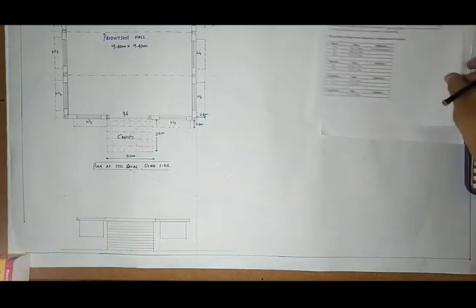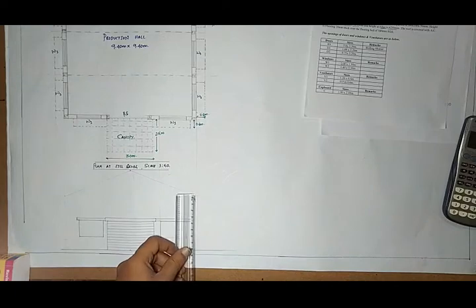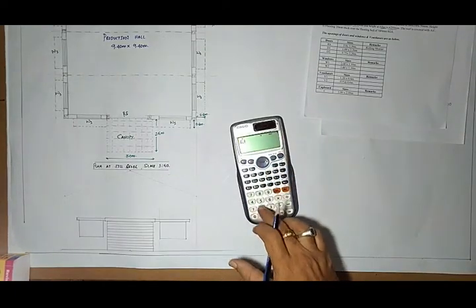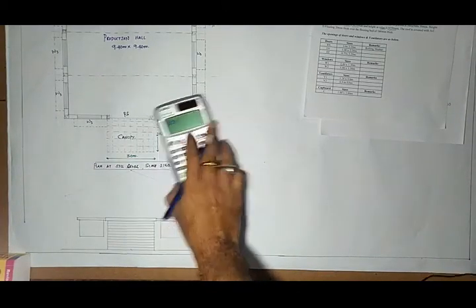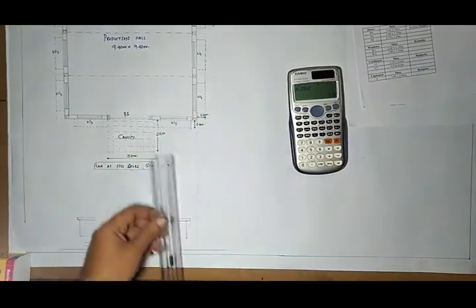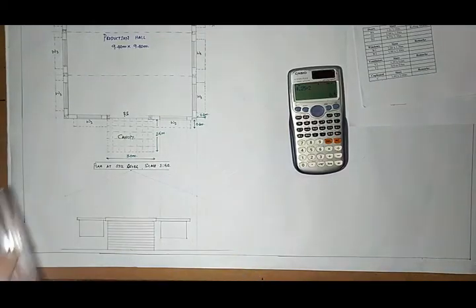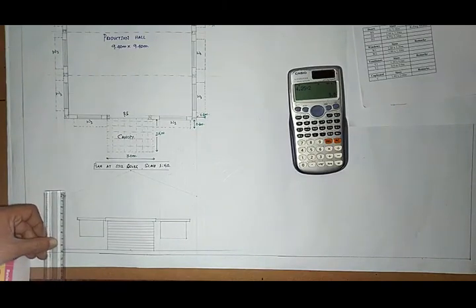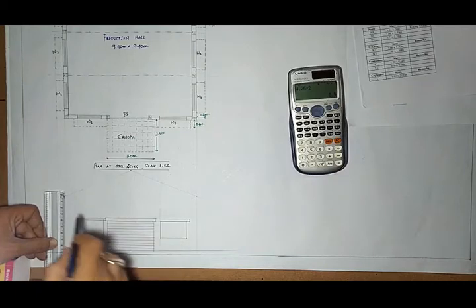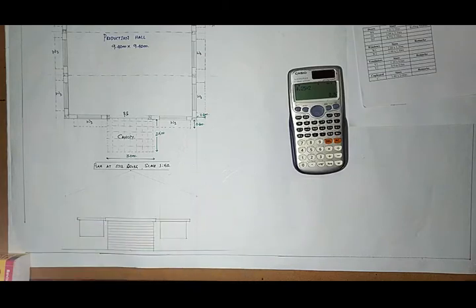I will explain once again. Here I will take this as the reference line, and I will consider this as the floor level. From this floor level, I have to mark 4.25 into 2, that is 8.5. So when we project these lines, we will have a reference here. From this end, if you mark, this will be the point. Again, from this projection line, I have to mark 8.5 centimeter, so this will be the point. So this is one point at this end, and this is another point at this end.